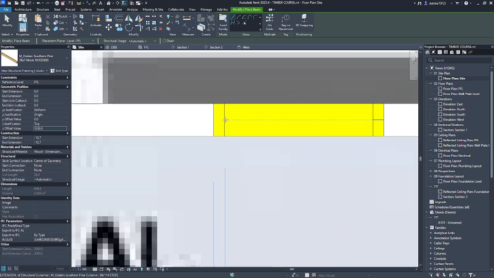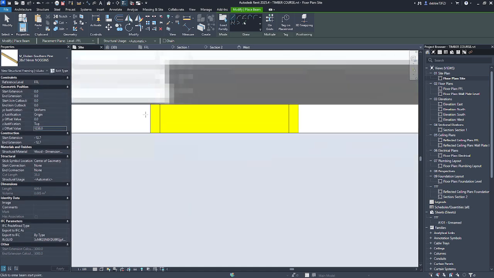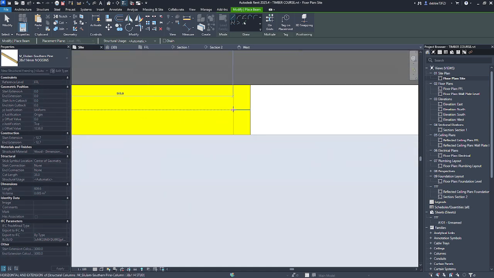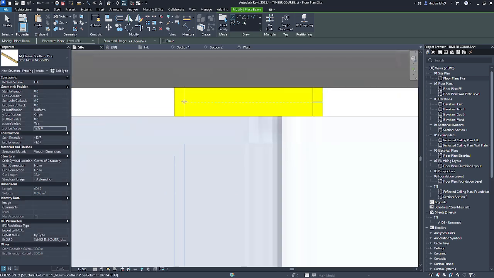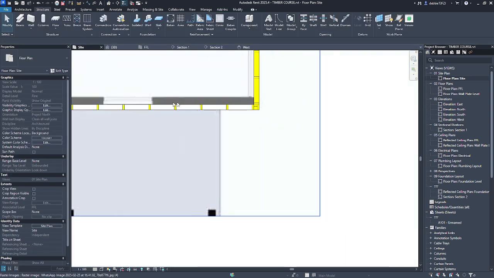Just need to make sure that Revit does pick up the center lines before you click. And there we go.